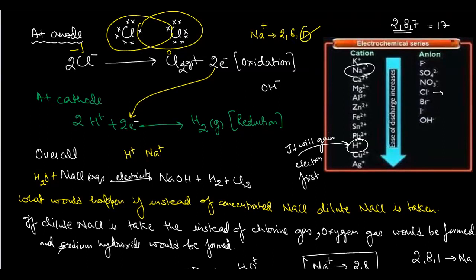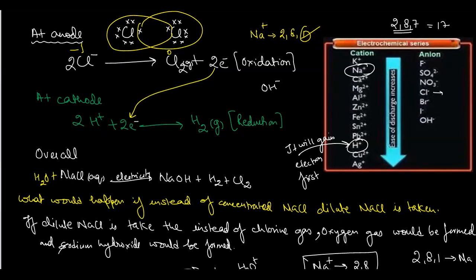And if I'm talking about hydrogen, hydrogen has only one electron in its outermost shell, and it needs two. But when does the H plus ion form? When hydrogen loses its one electron. So अभी तो ये stable नहीं हुआ, इसको तो दो करने थे, लेकिन इसने तो एक था वो भी lose कर दिया, तो stable नहीं हो पाता. It can easily gain electrons. So here the two H plus ions of water will get these two electrons. What would happen जब ये दो electron को gain करेगा? So it will simply form hydrogen gas.